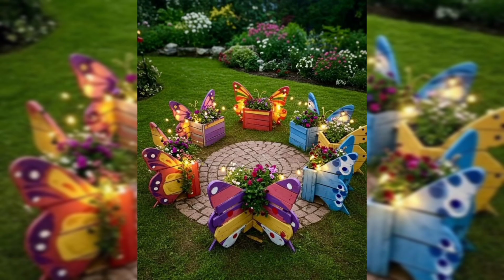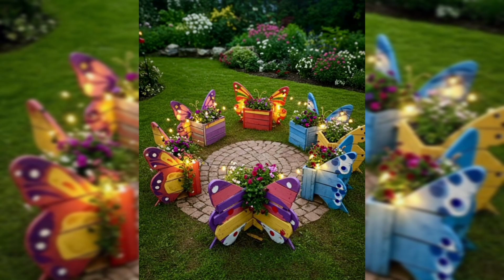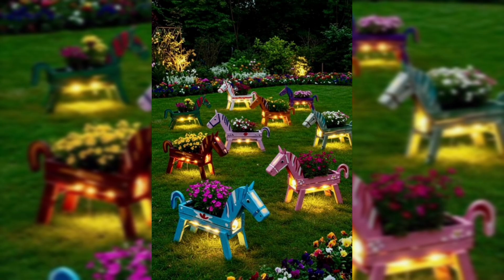Pallet wood project. Turn discarded timber into timeless creations. In recent years, the trend of using reclaimed pallet wood for projects has been growing in